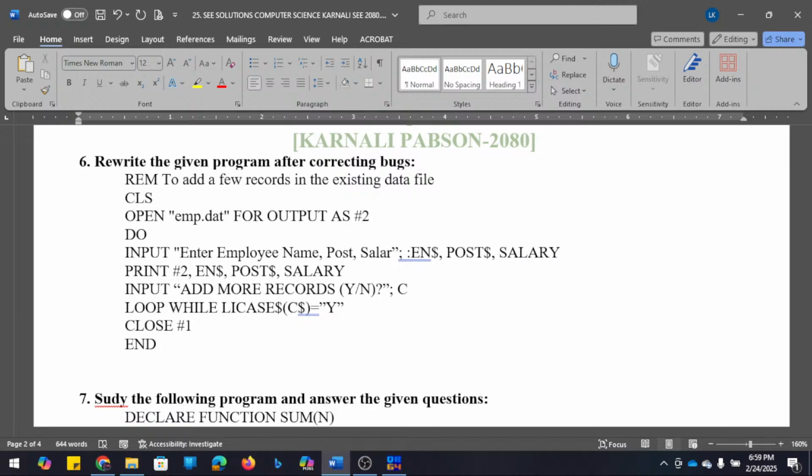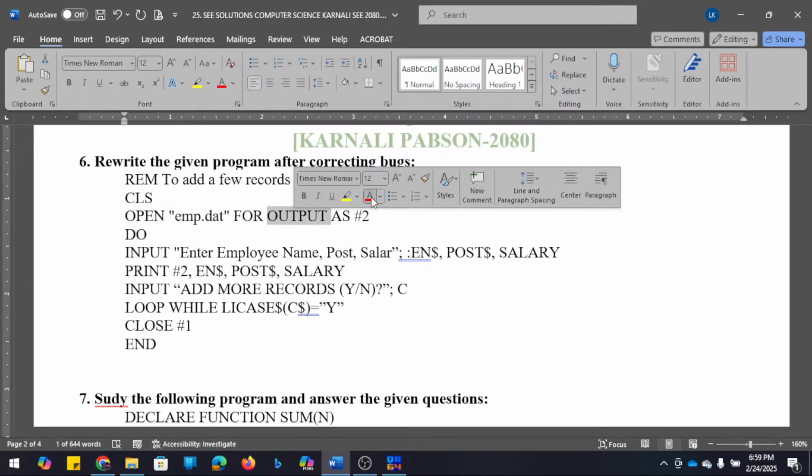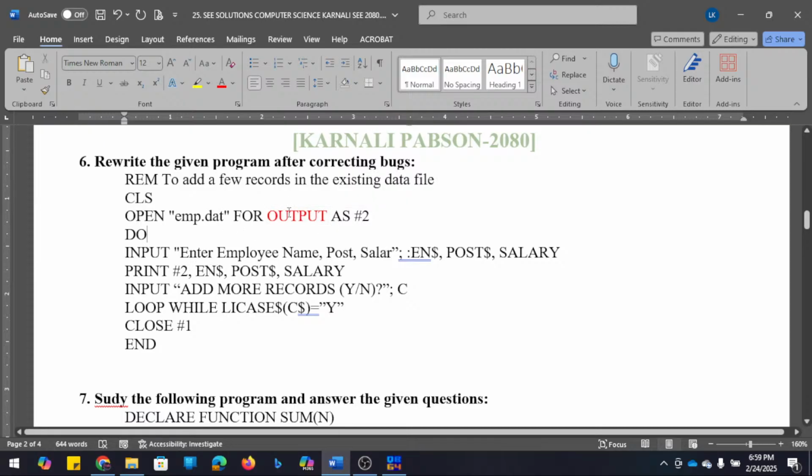What is the question? To add a few records. So first, we have to write append. Next, open that existing file, child number 2. Since child number 2 is here, so here is the next mistake.